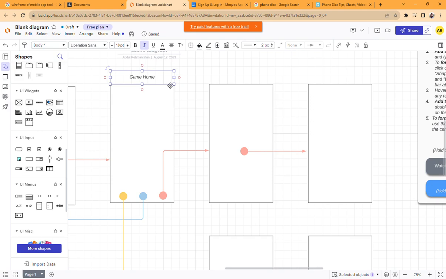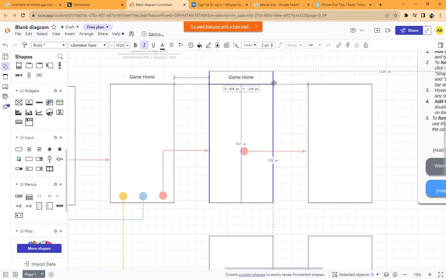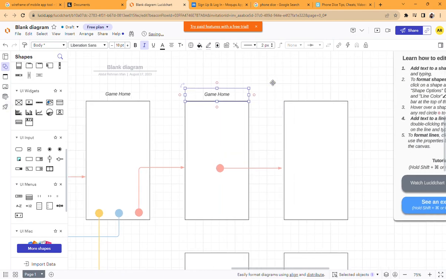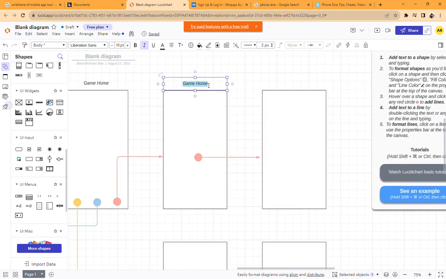So let's copy and paste, and after it we have to check it. After the game home, what is the requirement after play games? There is more than six layouts which we have to swap, depending on whether the user wants to play a solo game or a multiplayer game. So here we have to check it out,